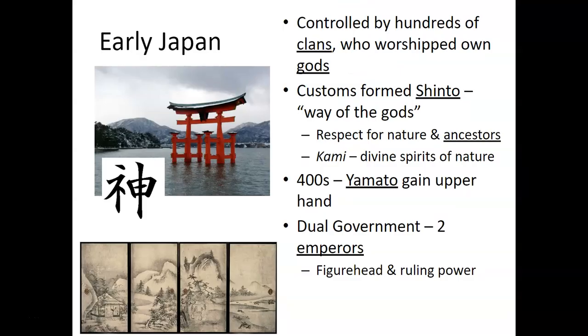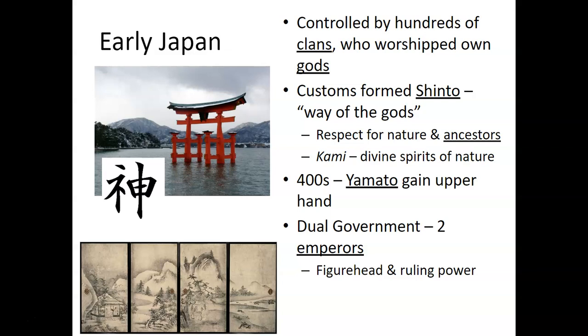All right, so early Japan was controlled by hundreds of different clans. There was no one group that was in control. And we'll see some maps moving forward. You will definitely look at one when we look at the chapter 19 section on Japan and how it was split up. Then you have to compare this to what's going to go on in Europe in the feudal age. Think of the clans and the feudal states in Europe as a comparison here.